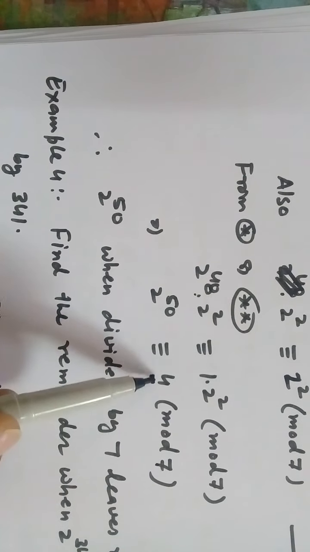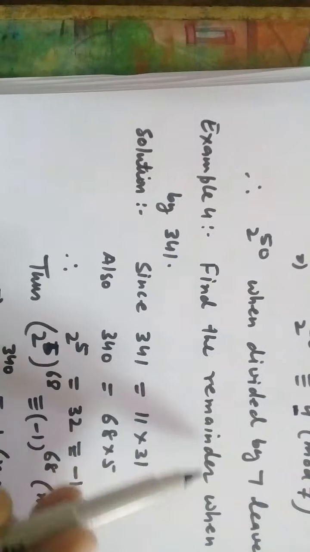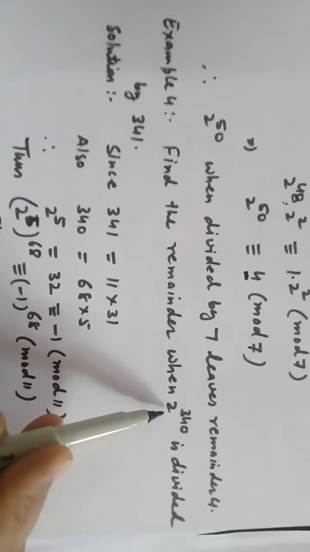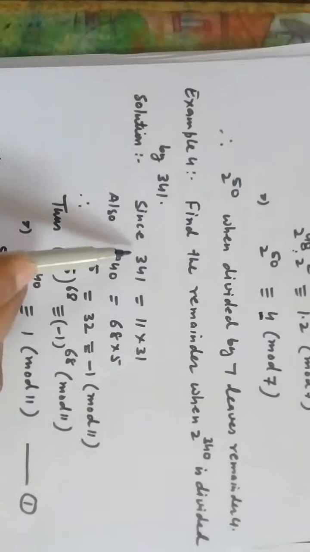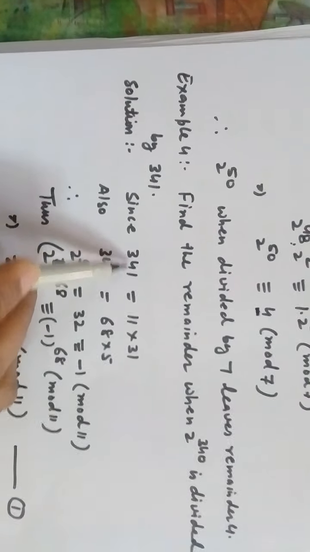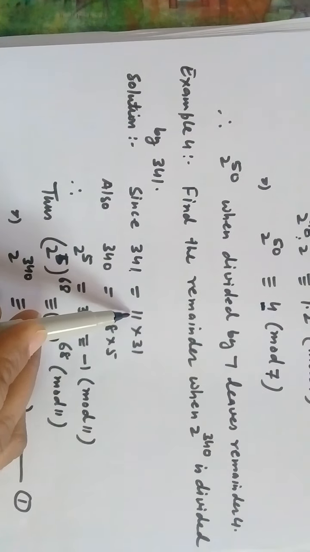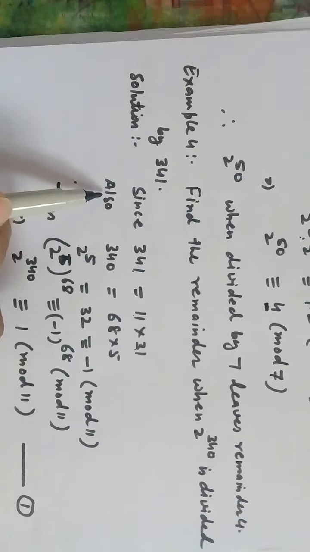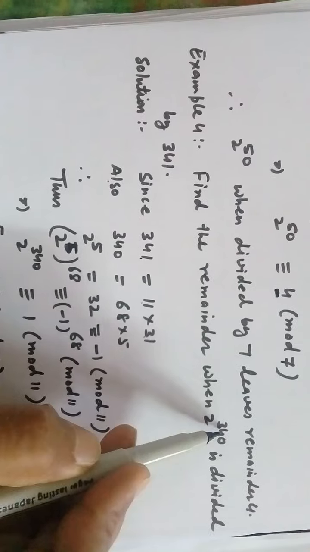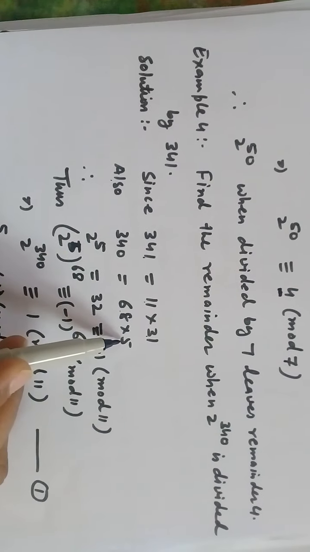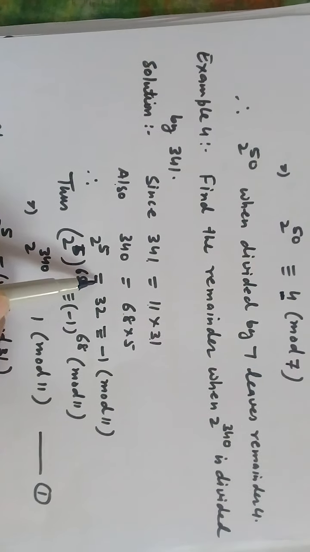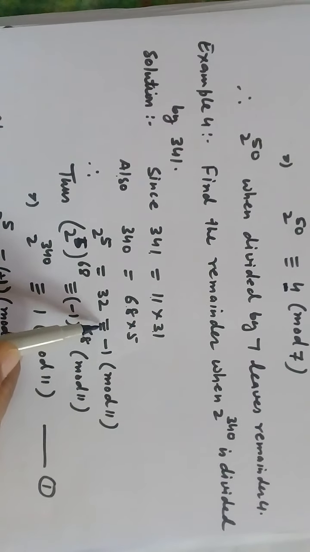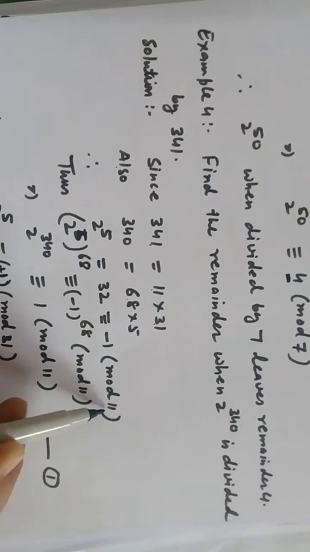So this gives the remainder. Now next example: find the remainder when 2 to the power 340 is divided by 341. Since 341 can be written as 11 into 31. Also 340 can be written as 68 into 5. So therefore 2 to the power 5 is equal to 32, and 32 is congruent to minus 1 modulo 11, because